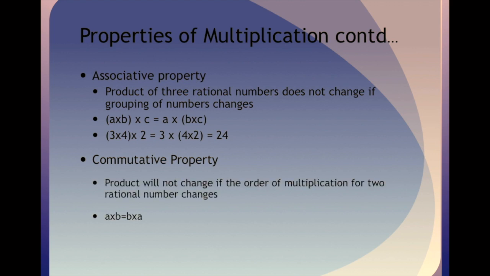In case of commutative property, let us discuss the impact if we change the order of the multiplicands, a into b and b into a. As per the given example, 3 by 2 into 1 by 2 is equal to 1 by 2 into 3 by 2, and the answer will be 3 by 4 in both cases. So the commutative property also holds good in case of multiplication. If you remember, we have done all 5 properties in case of addition, all hold good. Similarly here in multiplication also these 5 properties hold good.